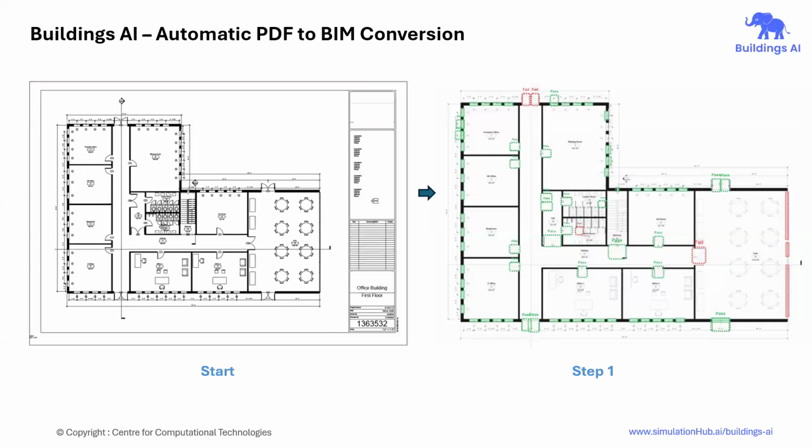The steps involved in the feature are very simple. You start with a PDF model of a floor plan, which is the starting step. There are only 3 steps involved. The tool basically converts this PDF model, or this PDF drawing, into a detected boundary